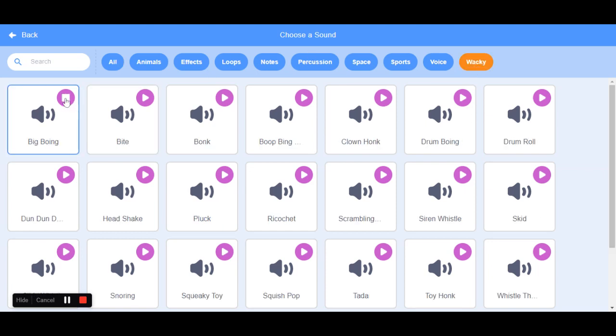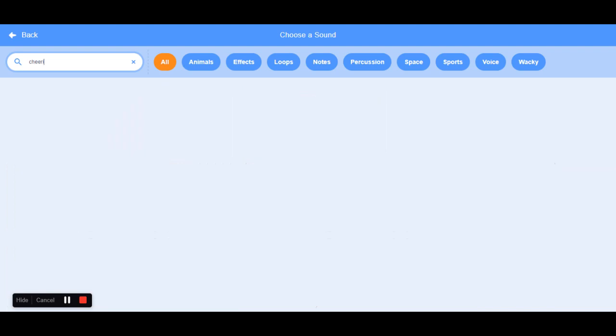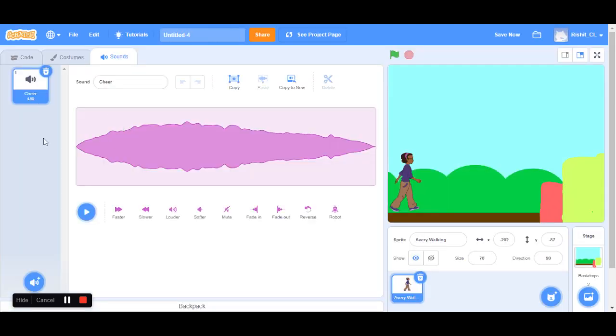Let's choose wacky. So this is a big boing, wacky sound. Bite, pooping, clown horn. So let's just say cheering. So basically cheering.